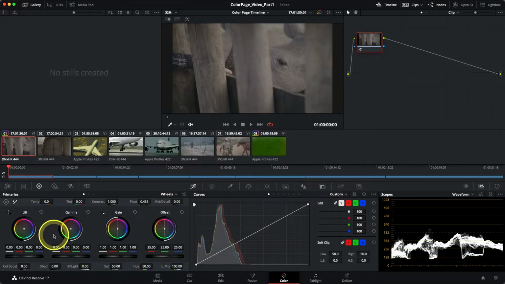So on the left-hand side, you have 3 more color wheels, but these ones have distinct tonal ranges. So they will impact an area of the image based on its luminance. These are called lift, gamma, and gain. And a shorthand way of remembering what they do is that lift will control shadows, gamma goes after midtones, and